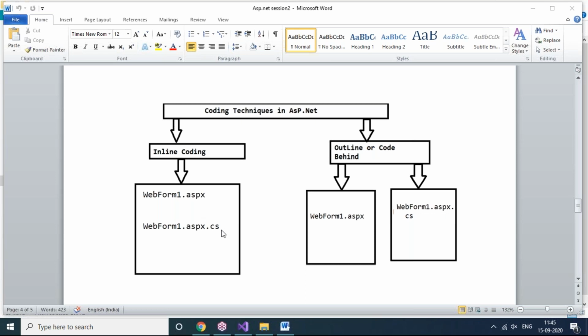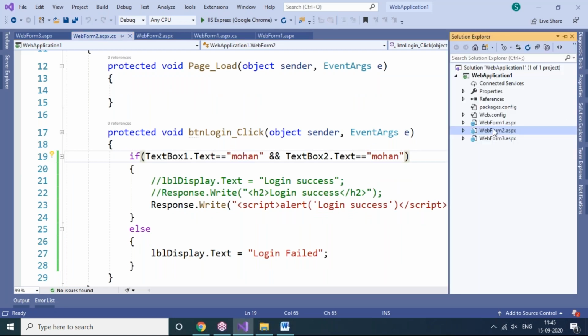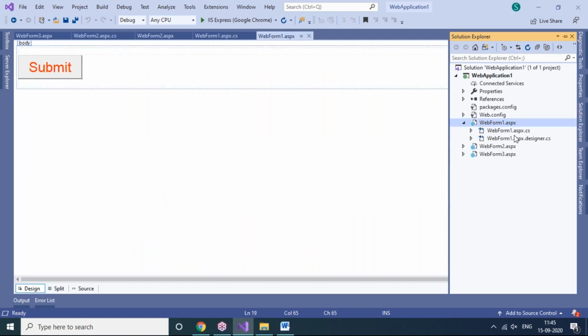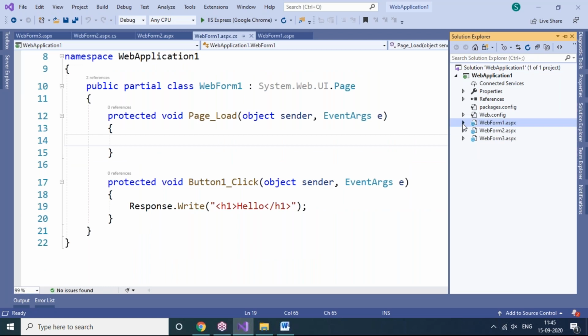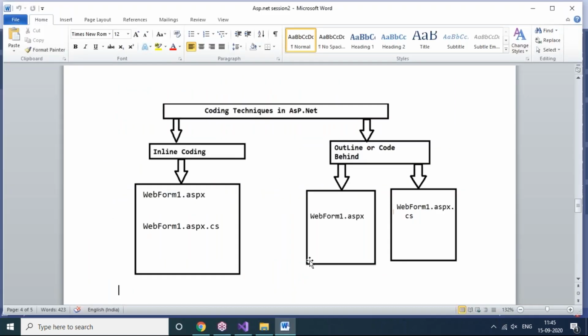Webform1.aspx and webform1.aspx.cs, both are present in the same location in our example. The designing file is webform1.aspx, and the coding file is webform1.aspx.cs, which you can expand. Both are present in the same location. But what happens when the designing file and coding file are in the same location? Here the programmer